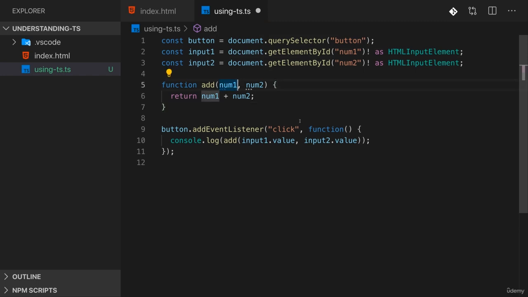Now we can add a more explicit type in TypeScript files, so not in JavaScript files, but in TypeScript files, by adding a colon here and then specifying the type. For example, number. Doing this here and doing this here. With this extra syntax, which this compiler understands, we're telling TypeScript that this here will be of type number and this will be of type number. And therefore now we get an error here again. And we don't just get this error in the IDE, by the way. We also get it if we try to compile this code,